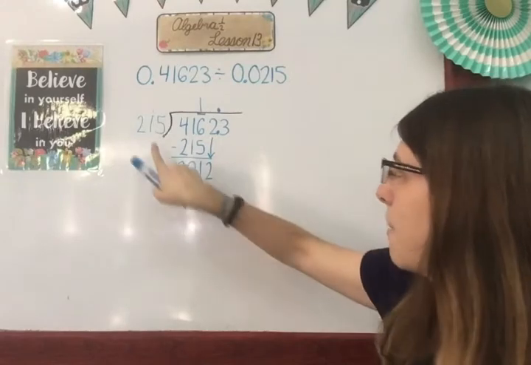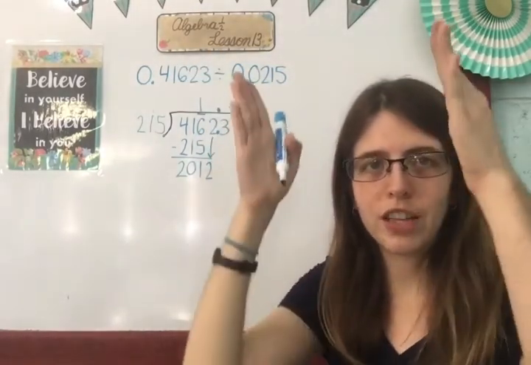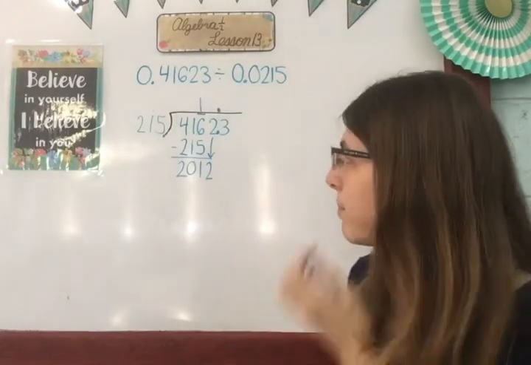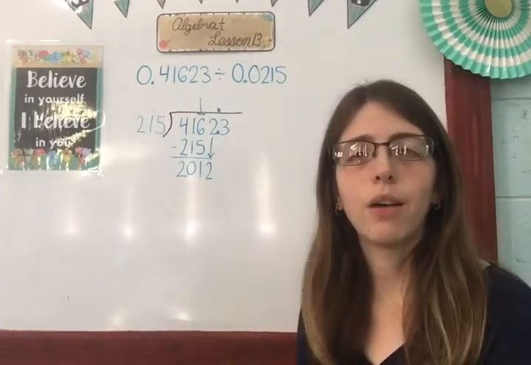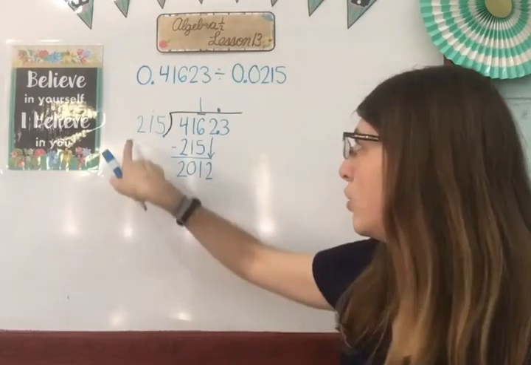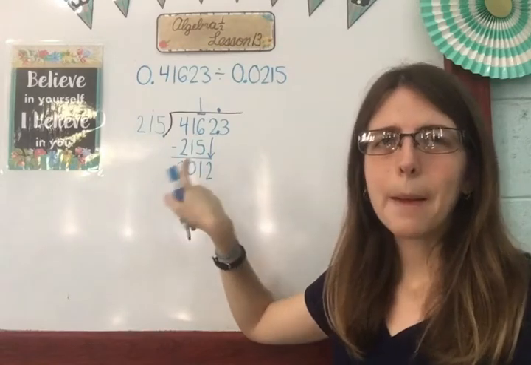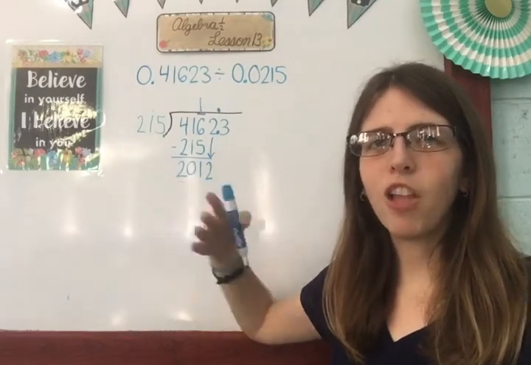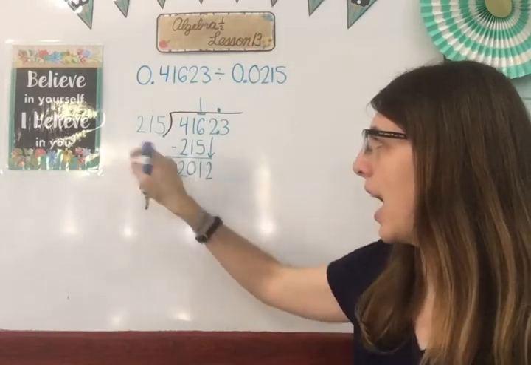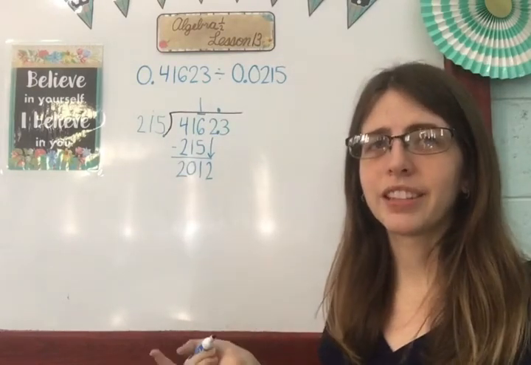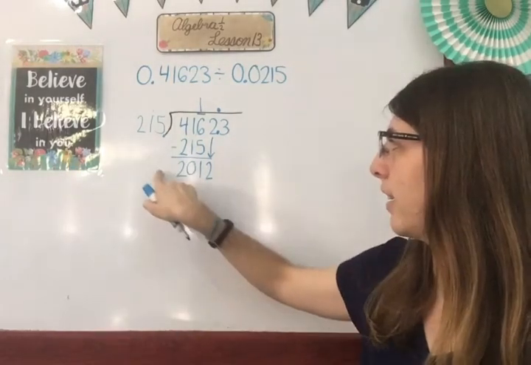So my next number after I estimate is going to go right here above the 2. Make sure that you're keeping it in a nice straight line. So 215 now goes into 2012. So 2 into 2, we know it goes 1 time, but that doesn't really logically make any sense that I would try multiplying by 1 because I know that that's going to be a much smaller number. So I'm going to go back